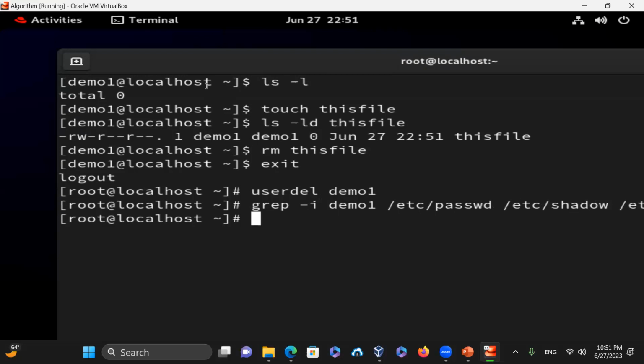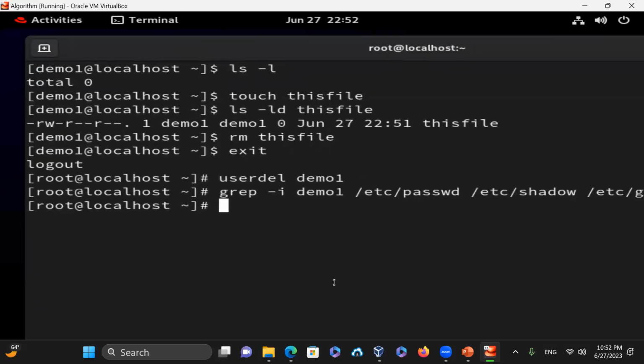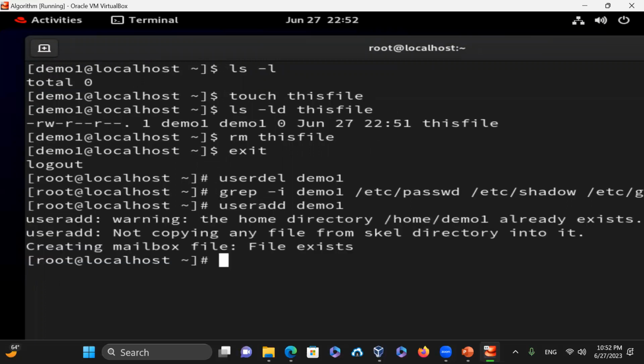But if I just want to recreate it here, useradd demo1, and it says the warning that your home directory already exists. So the home directory, previously when we did it, we did not say delete the home directory as well. So /home/demo1 already existed, because